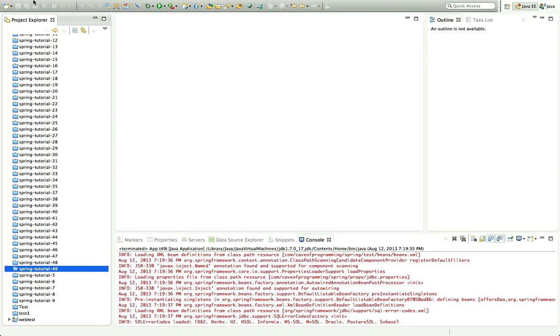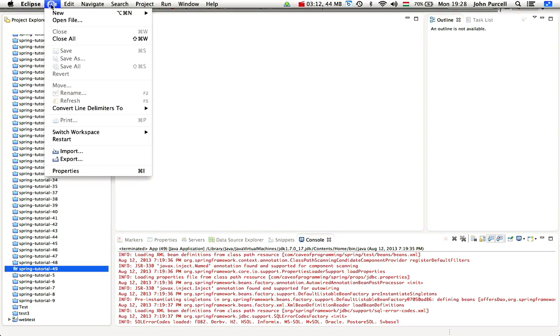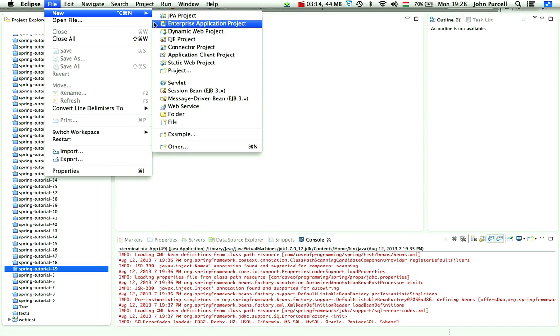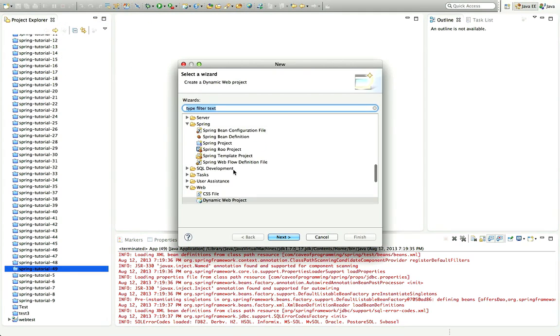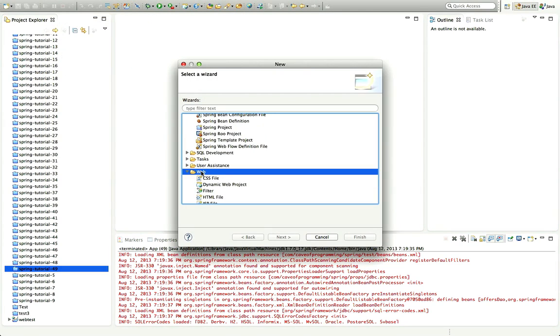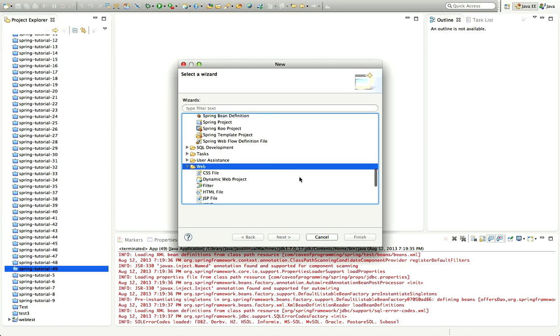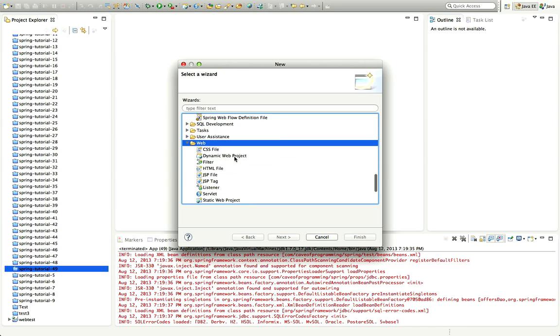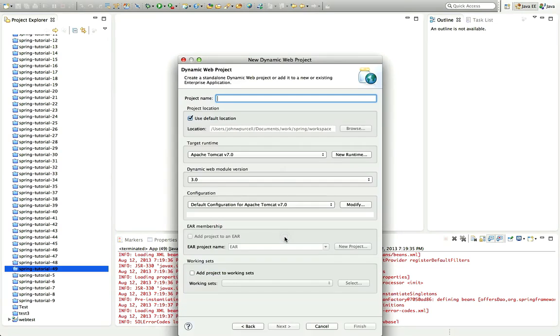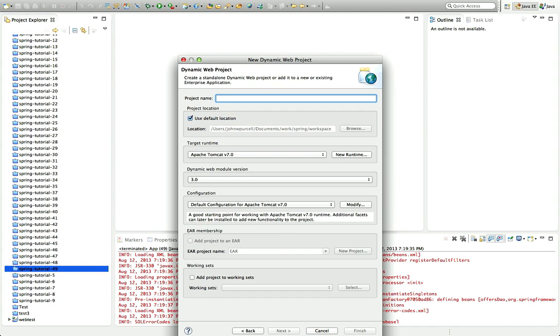So once you've got that, you should be able to go to File, New in Eclipse, and I'm going to go to Other. And if you look down here, you should have a web entry now. If you don't, then you probably haven't installed the WTP plugin, and you need to go to Dynamic Web Project. So I'll click Next, and I'll give this a name. I'm going to call this Spring Tutorial 50,